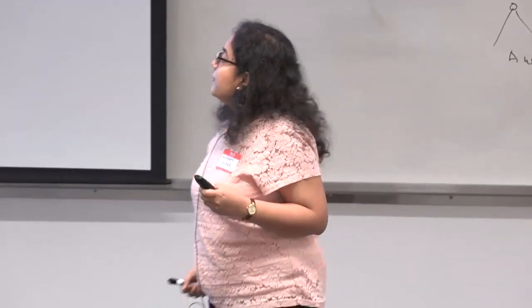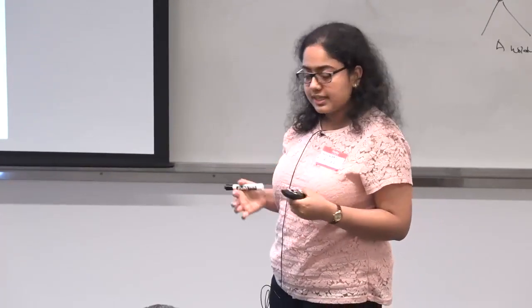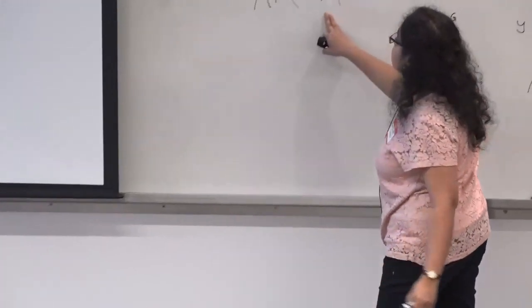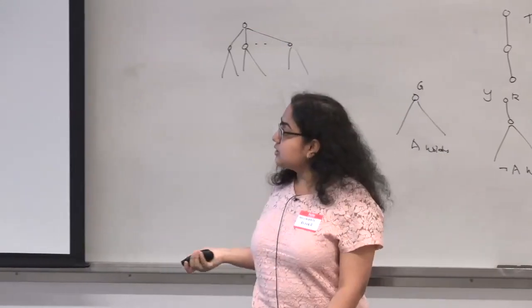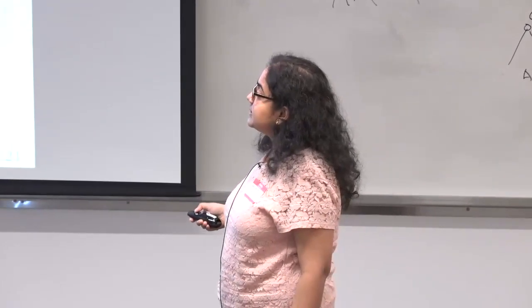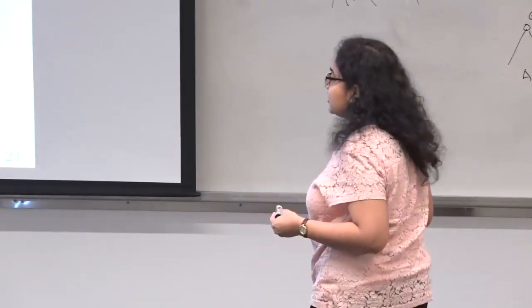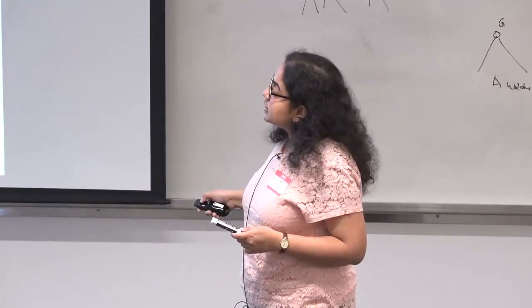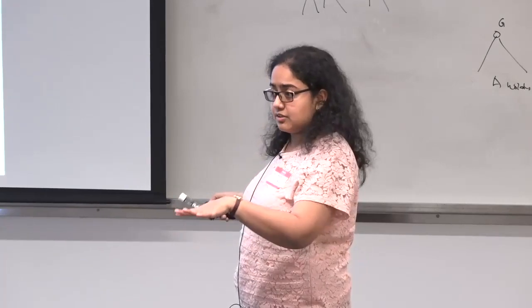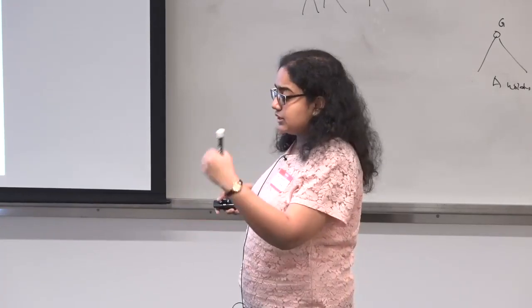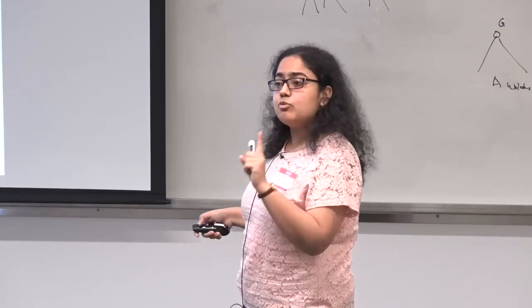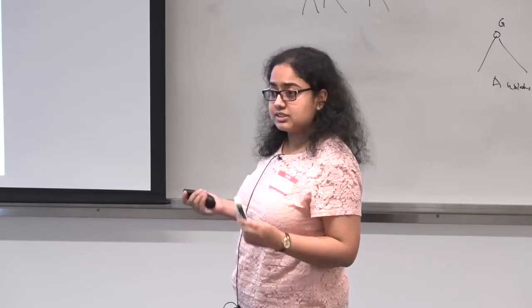And so how do I do that? These are the rules by which I determine that. If the root has at least one child whose subtree is green, then the entire tree is green because the property holds for one of these subtrees, so the property holds for the entire tree. So that's one rule. The second one says, I want to draw this a little bit. It says that the root has no child that has a subtree which is in color class green, no child with a subtree in color class red, and exactly one child that has a subtree in color class yellow.